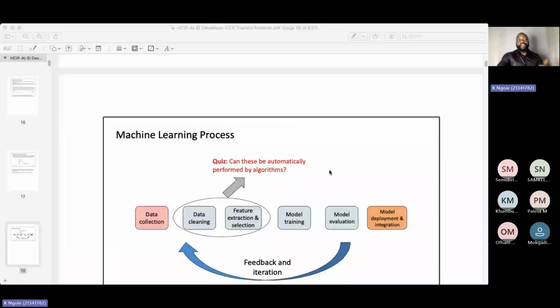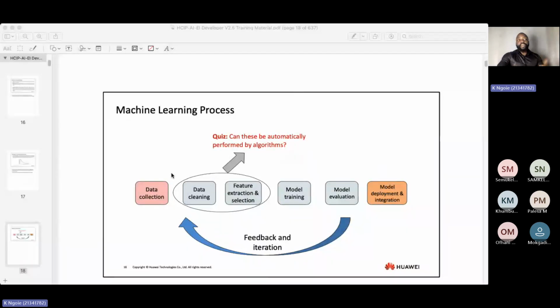So the whole process of creating a model means you first collect the data, and make sure the data are the right data. So if you want to create a system to determine between male and female, you can't provide images of dogs. The images must be human, male and female. So that's why you will need to do data cleansing. Data cleansing means you check if all the data are the right data. If they are, now you're going to do feature extraction. It means what are you going to use as features?